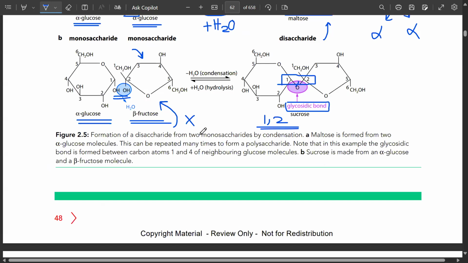So formation of a disaccharide from two monosaccharides by condensation. Maltose is formed from two alpha glucose molecules, and this can be repeated many times to form a polysaccharide such as glycogen that we'll do next week. Note that the example of the glycosidic bond is formed between 1 and 4,